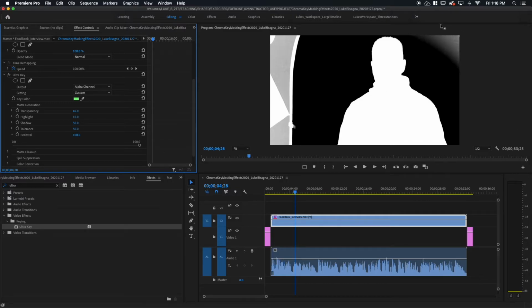You can see there's still an area up here in the corner that will need to be addressed in a different way, but we'll talk about that when we start masking. But we've definitely increased the effectiveness of the removal of the green in these areas that are close to our subject here. I'm going to switch back to composite view here.